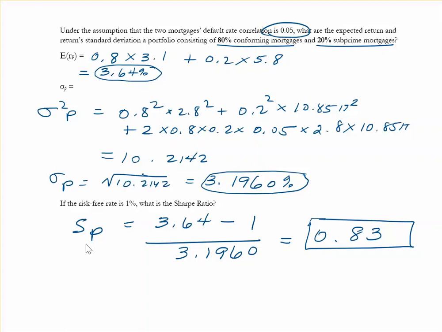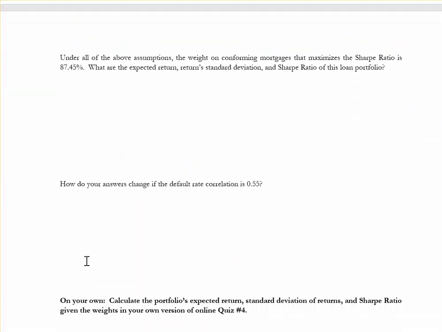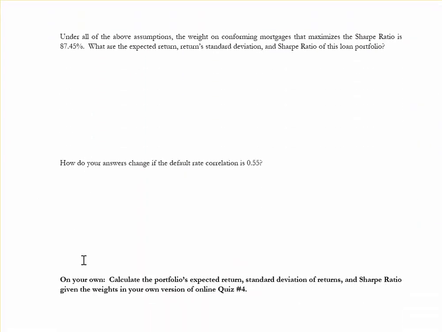So there could be another portfolio besides this arbitrarily chosen one of 80%, 20% that would give us an even higher Sharpe ratio. Whatever gives us the maximum will be the portfolio we should pick. Now I'm just going to tell you that after finding the maximum Sharpe ratio for